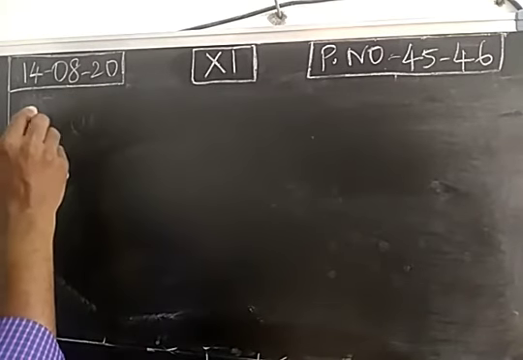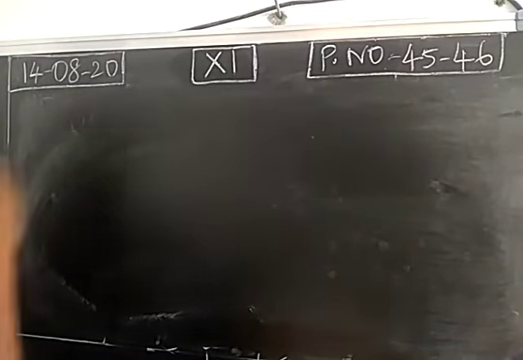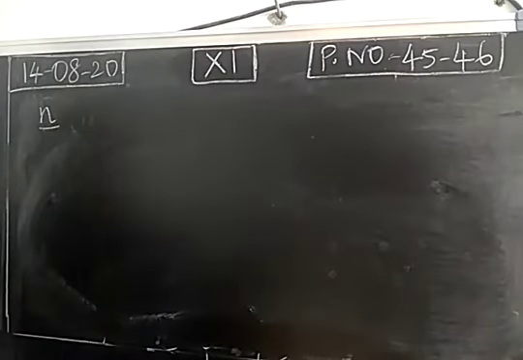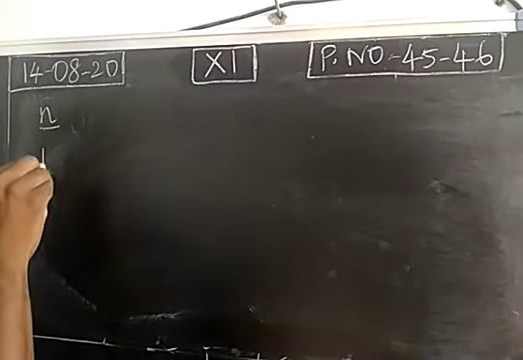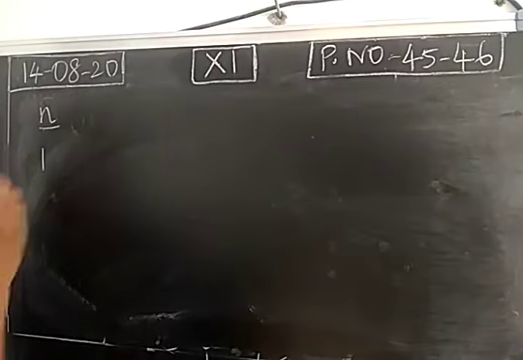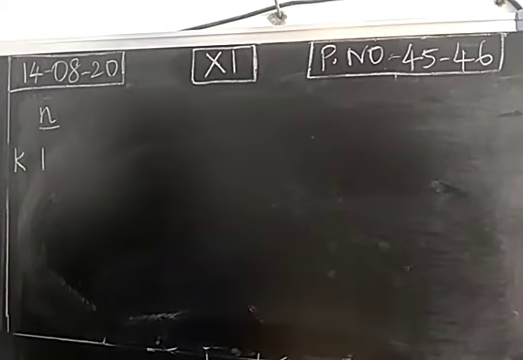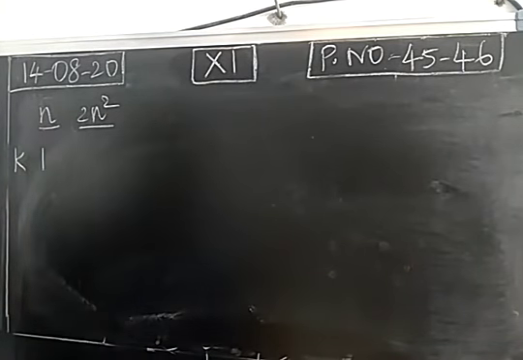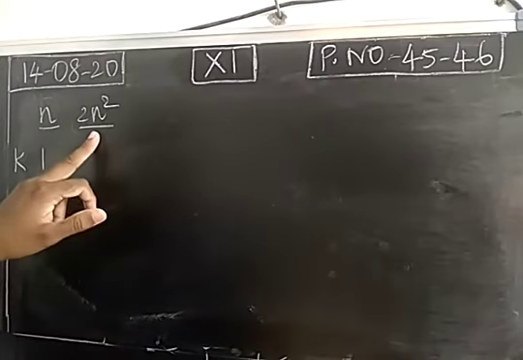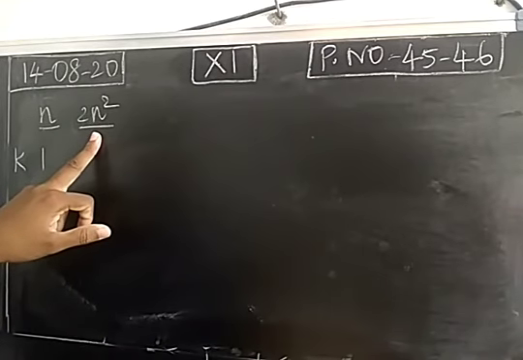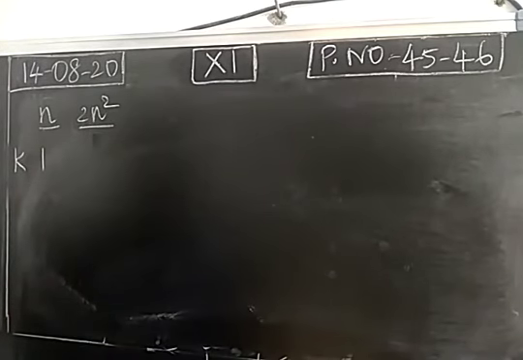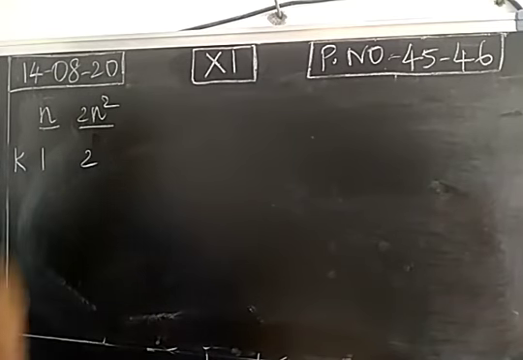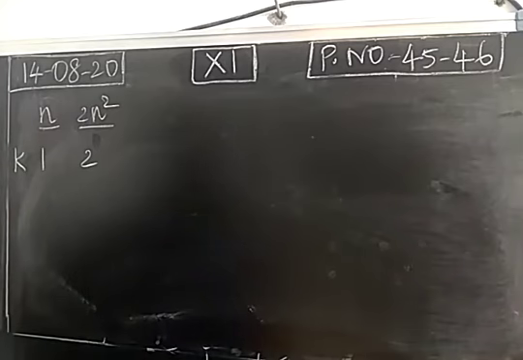So first we take the principal quantum number. Principal quantum number value 1 is nothing but the K shell. We have a formula 2n square. Using the principal quantum number, we can calculate how many electrons can be accommodated in an orbit. Instead of n, you substitute the value 1, and you get 2. So maximum 2 electrons can be present in the first orbit.